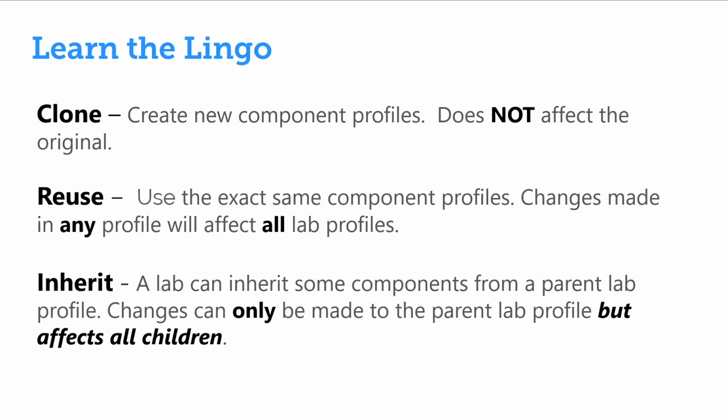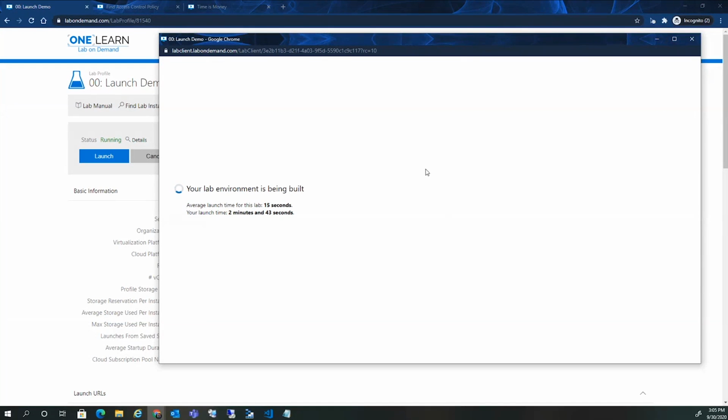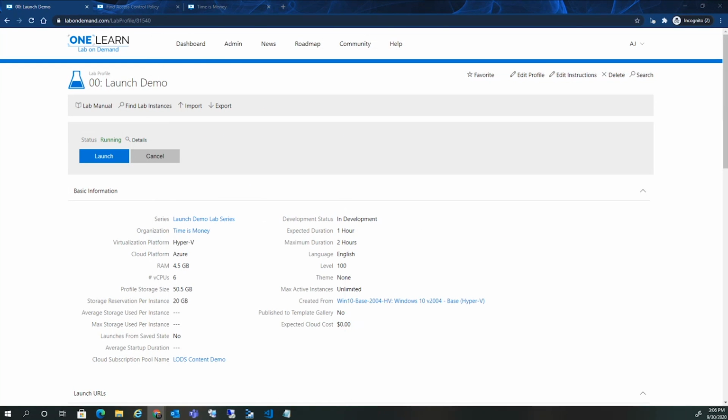All right. AJ, do you have any examples there? Well, actually, you know what? I think I'm just going to show you how it works in LOD. Obviously, this lab we launched is not quite done, but that's okay. We'll go ahead and